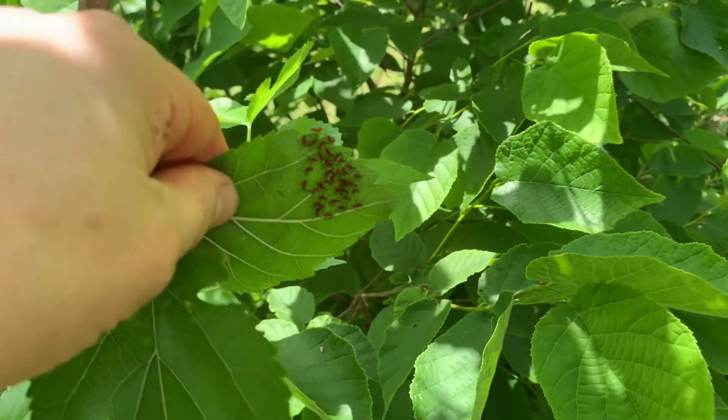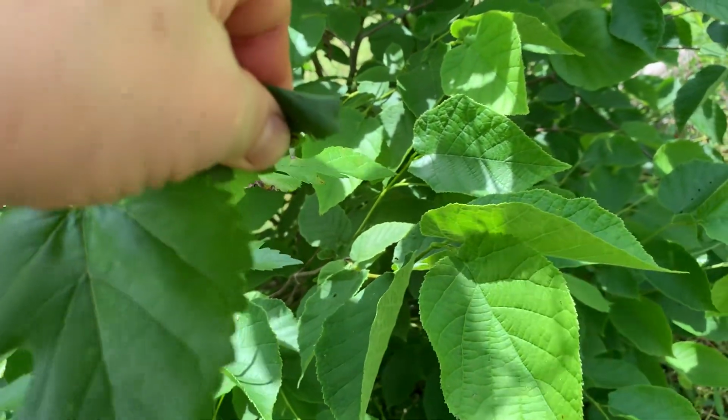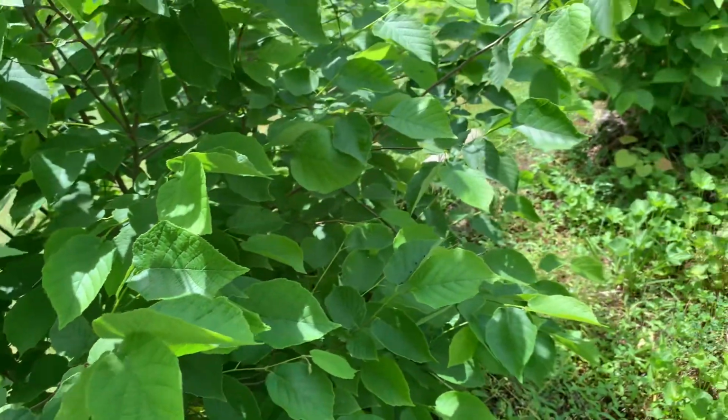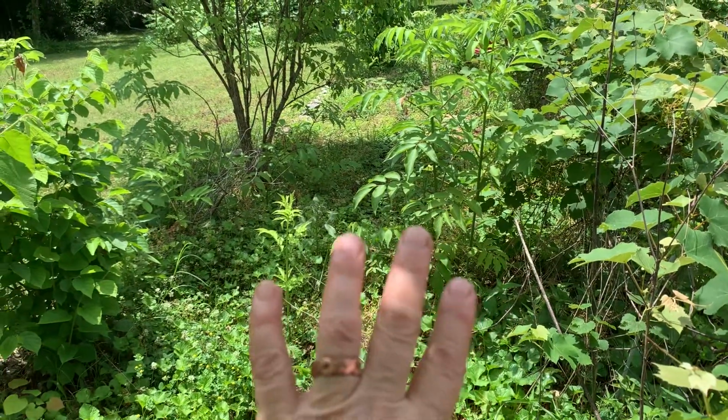Oh, these are the guys we don't like. They do a lot of harm. I'm gonna squish them. Those are babies. All right, so this is something I have to work on next. I meant to show you other things, but